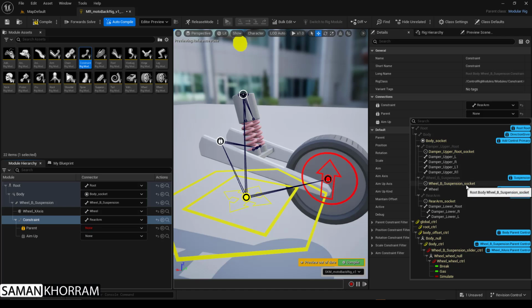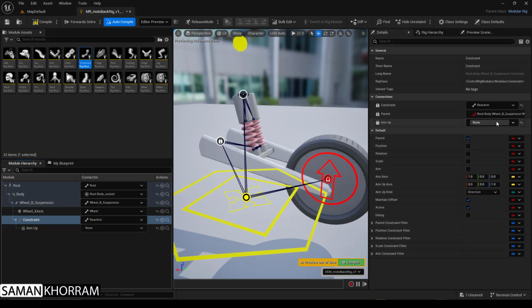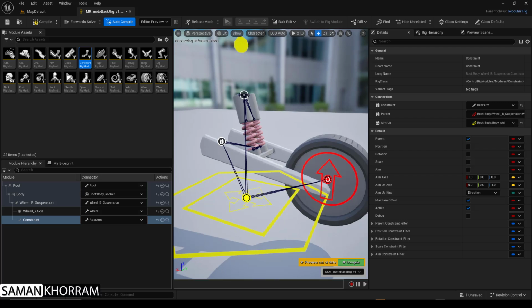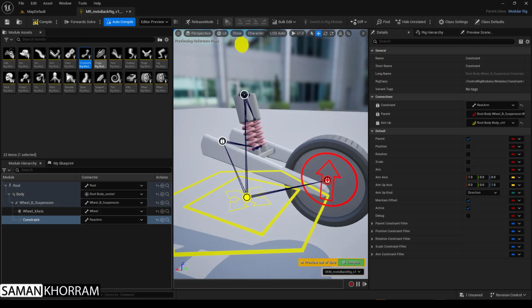The parent is wheel back suspension slider control. And what is aim? Oh, this is very important to choose correctly. We're going to select body and compile, save. Now when we go up,